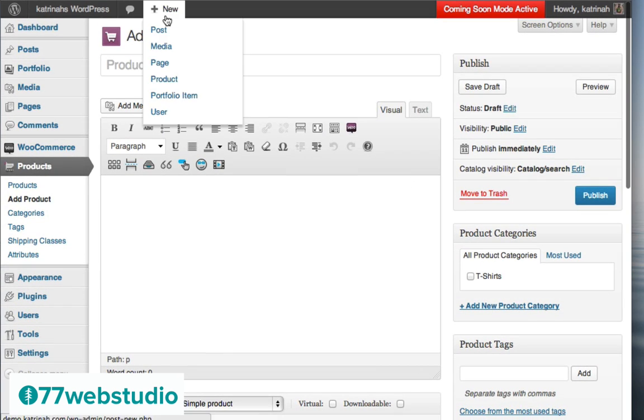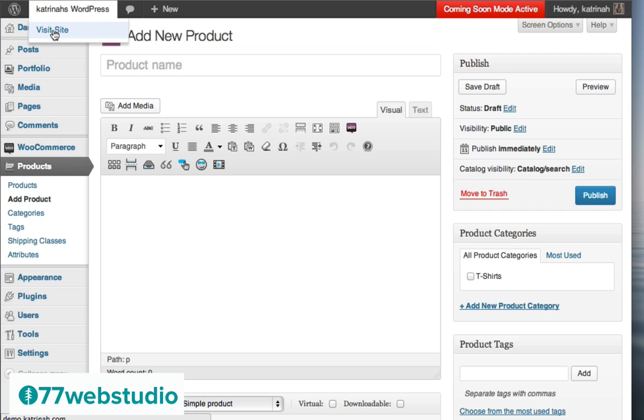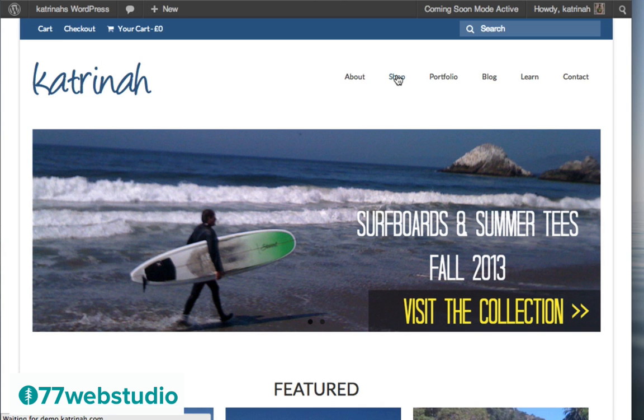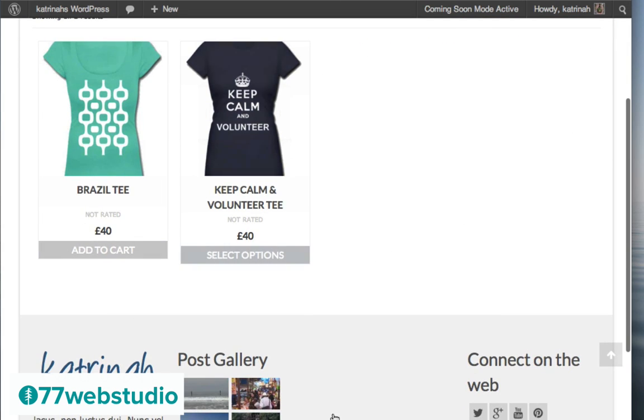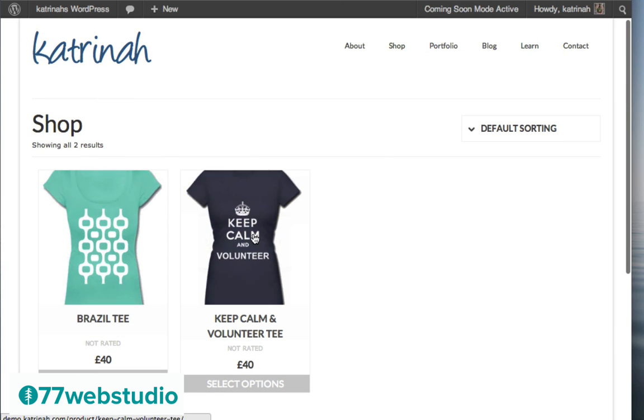So we have our two products right now. When I go to visit the site, and now when I click on shop to go to the shop page, here we see our two products listed right here. Of course, the more products we add, they'll all just start displaying on this page. But in the essence of time, I'm only going to be adding two products, a simple product and a variable product. And pretty much you would just continue repeating that process, rinse and repeat, to keep adding more products. You do it just like how we did this one and just how we did this one, to create all of your different products.